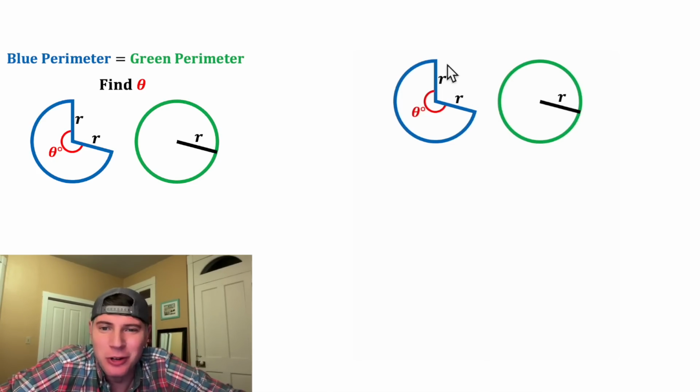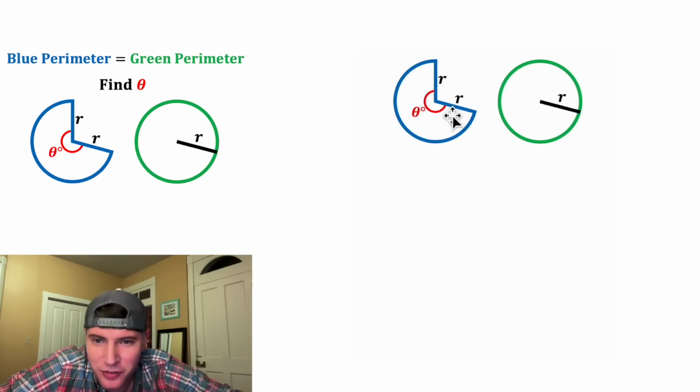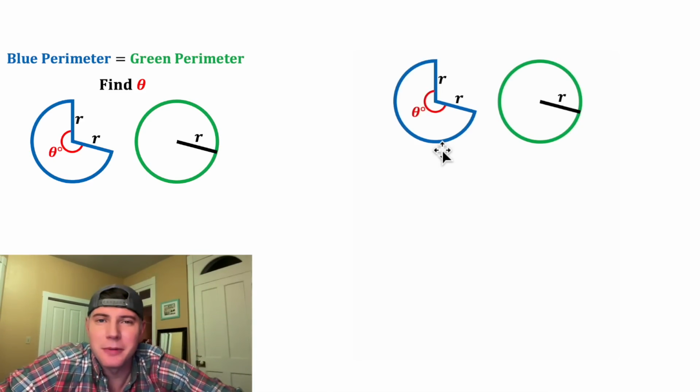You guys, this looks like a fun one. We're given a sector of a circle and a circle. They both have the same radius and the same perimeter, and they want us to find this angle in degrees. If you want to try it on your own, pause it right now because I'm going to solve it in